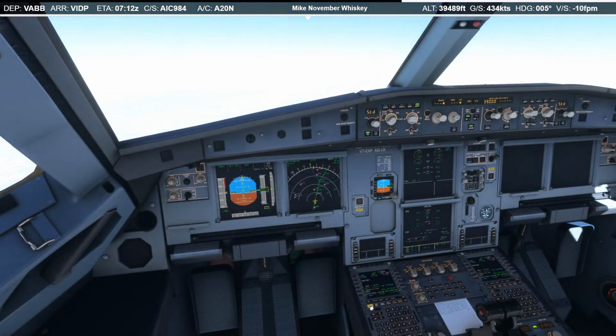Closer to our top of descent. Let's see the current arrival, a quarter past 7 UTC.